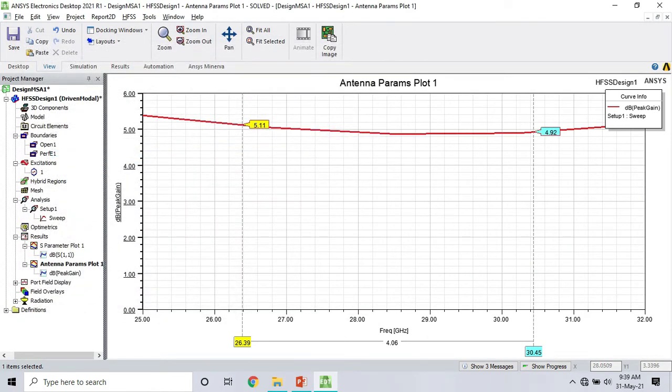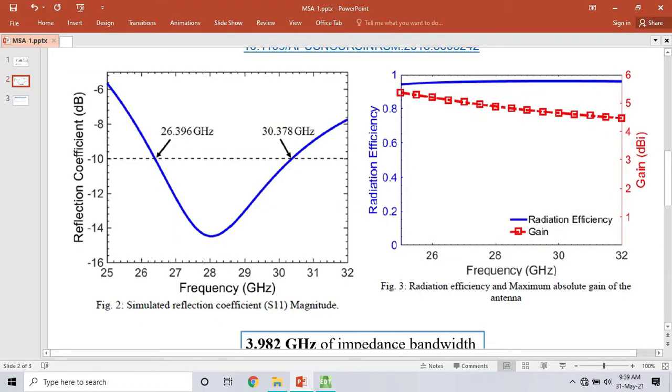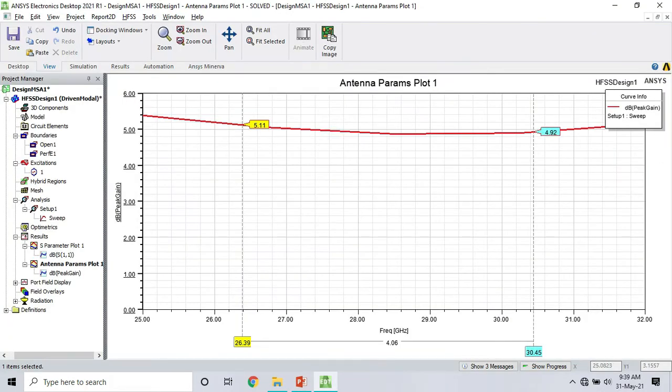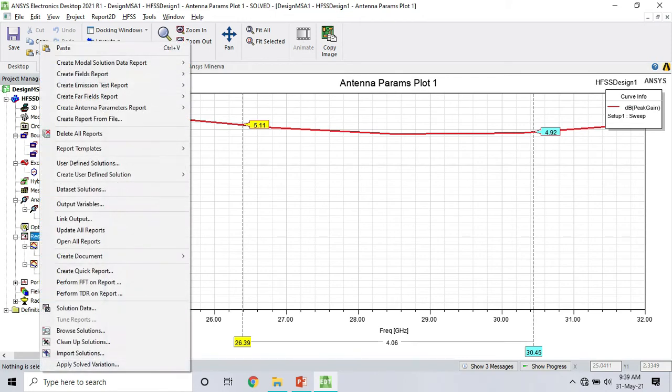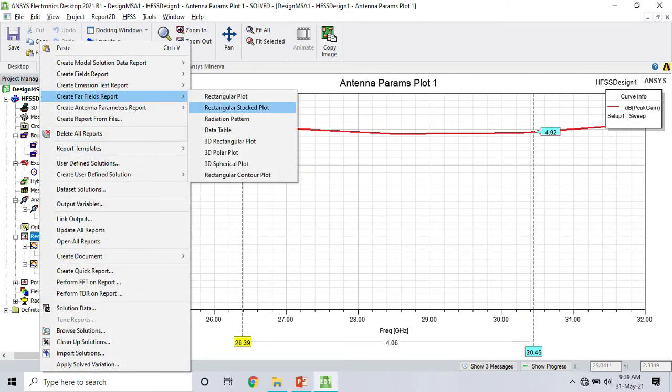Here we have it, more or less similar to the paper, the gain. So yeah, our results are matching pretty much with the paper. You can save it quickly, and we are done.